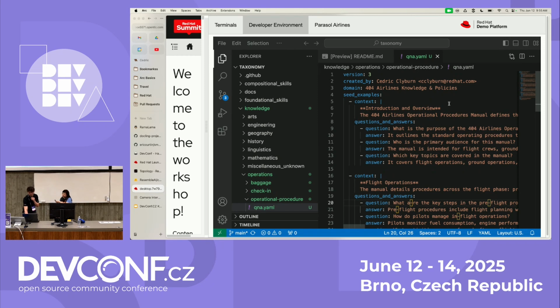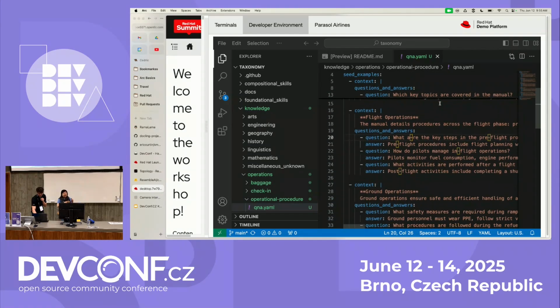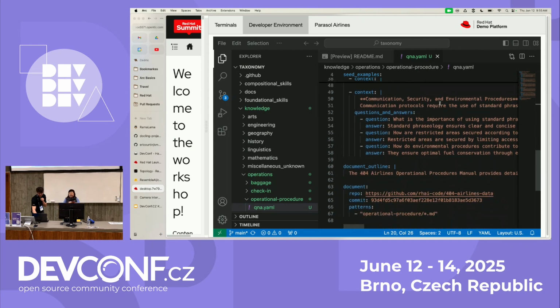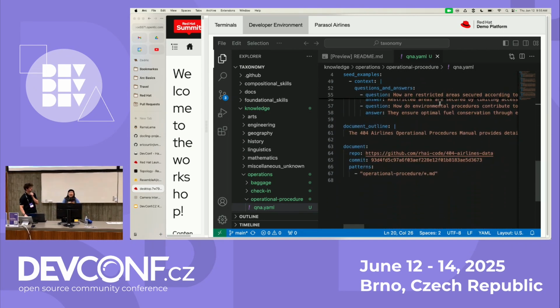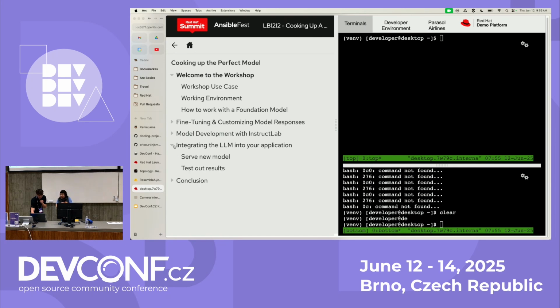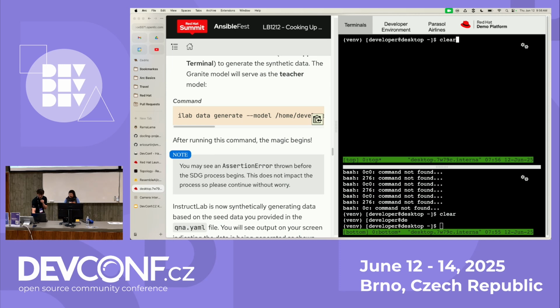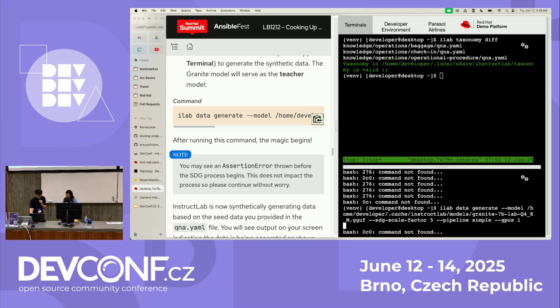So here, Cedric has pulled up an example Q&A file, which gives some seed question and answer pairs to let the teacher model know how to generate, using synthetic data generation, much larger quantities of data, because you need a large amount of data to be able to train a model, influence it, and make changes to it. We can also show the synthetic data process. With having this data already, we can do a diff, make sure that we have it there. And down here, I'll go ahead and kick off this process.